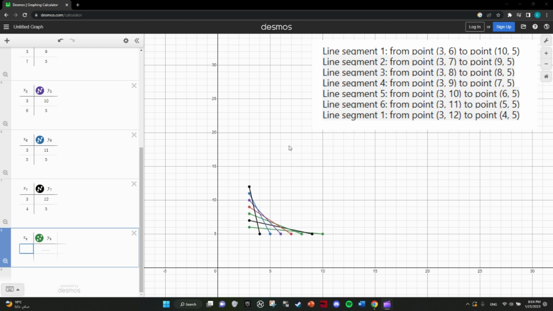But now I will need to find the radius of the circle. And the radius is the distance from the center of the circle to any point on its circumference. So I can find the radius from this quarter by clicking both ends of the first quarter that I just did, which is 3 and 12 and 10 and 5. And the next step I will need to do is find the center of the circle. And the center of the circle is